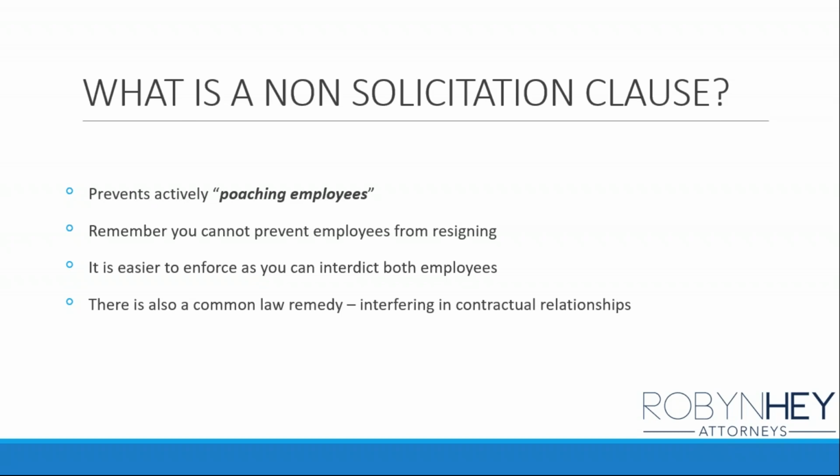What's easier here is you can interdict both sets of employees if you find out they're going to set up a new business and they're going to compete with you and they're going to run against your competition and you've got a protectable interest and all of those things. So it's easier to interdict both parties there. Whereas with a client, you don't particularly want to interdict the client, you only want to interdict the ex-employee. I hope that makes sense.